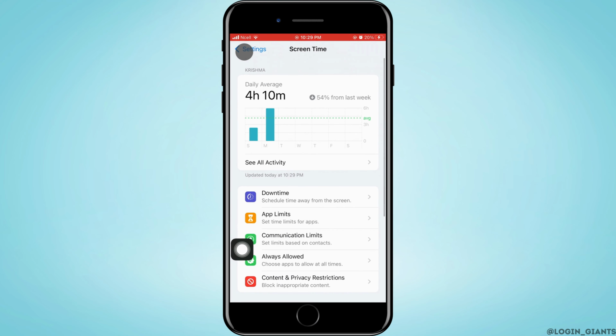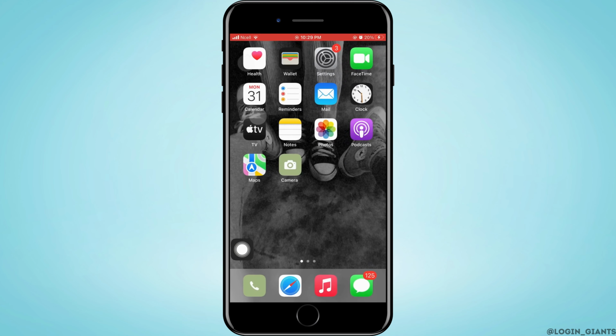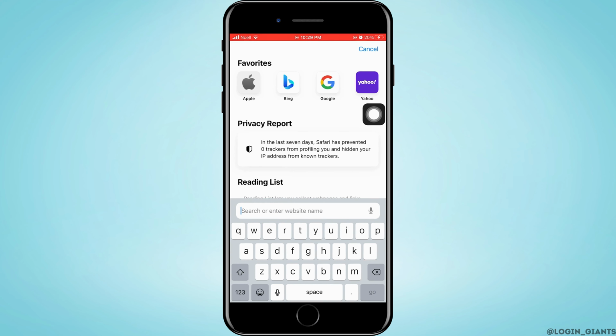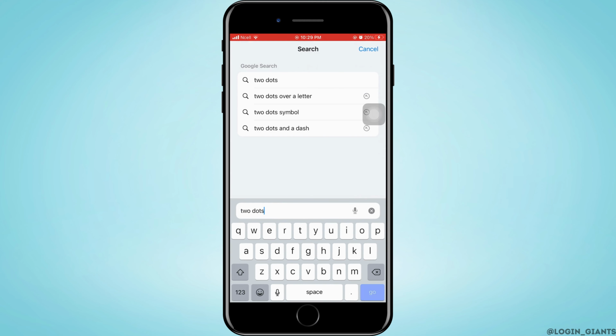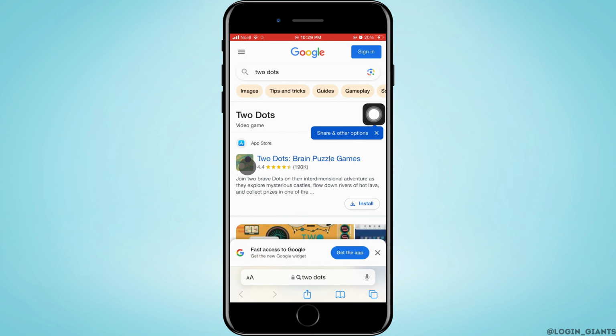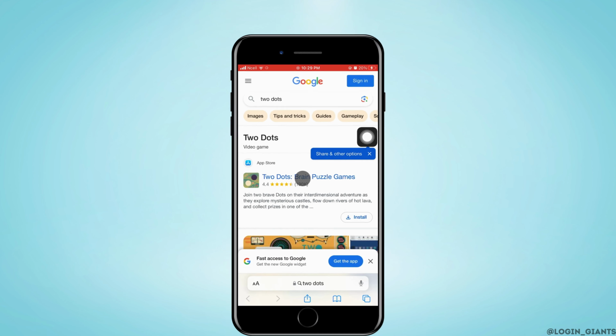and also in-app purchases should be put to allowed. Now you want to exit settings, then go to any web browser. I'm using Safari here. So go to the search bar and search for any apps that you'd like to download, and then go ahead and tap on them. So it will take you to the App Store. That is how you can fix the